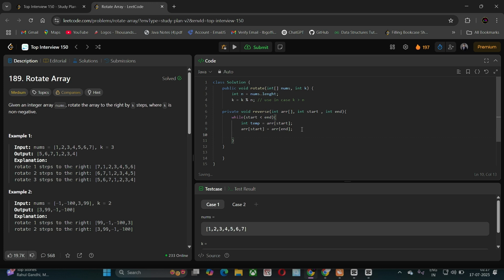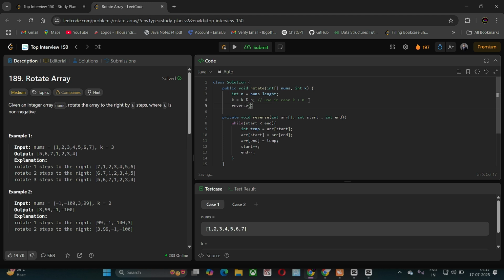In the third step we reverse k to n minus 1. I hope this will be fine.